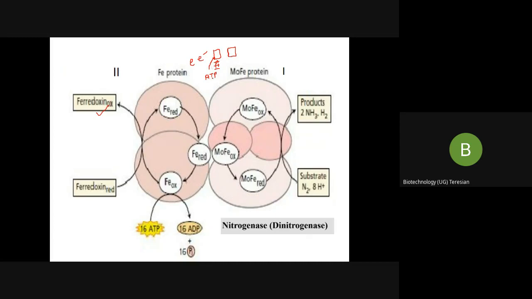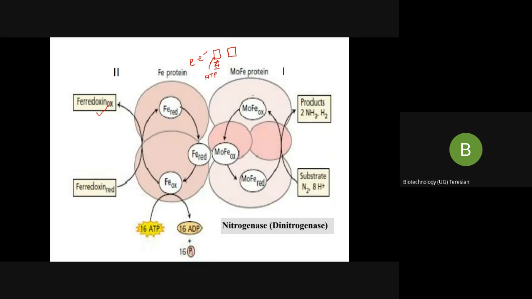Now with the binding of your ATP, the reduction reaction has happened. Electrons are fully going into this reaction. Your ATP has gone and attached. Once the electrons enter, the reduction reaction starts, and the ATP brings these two components together. That is, they become associated like this. Both are now together. So the binding of ATP induces an allosteric conformational change, which allows the association of the two proteins. My two proteins have been associated.